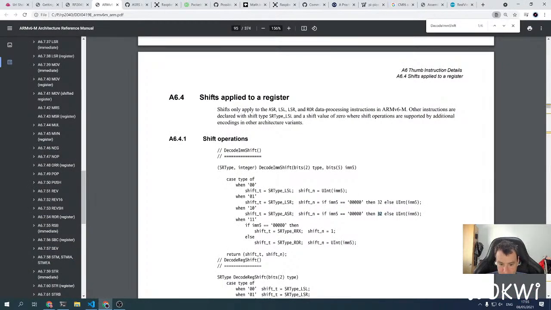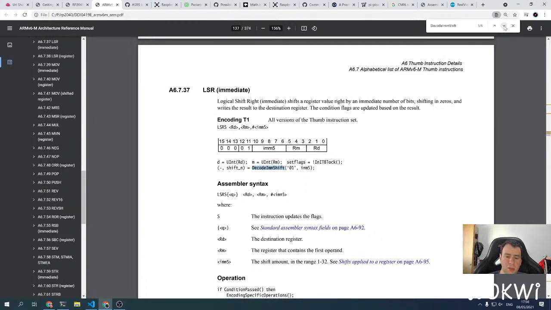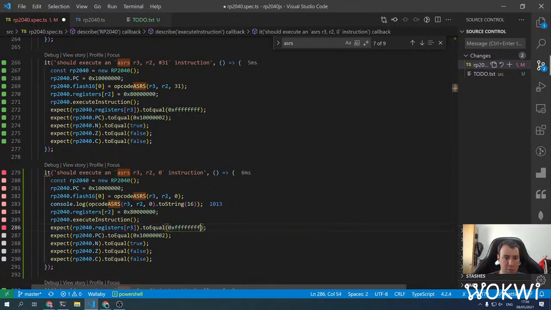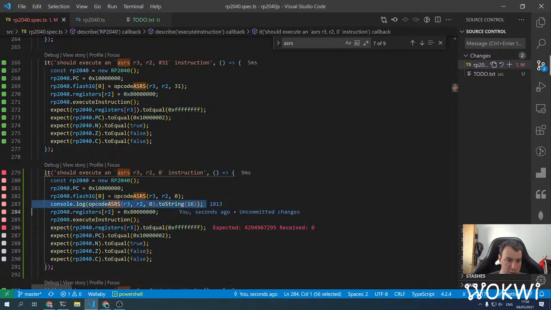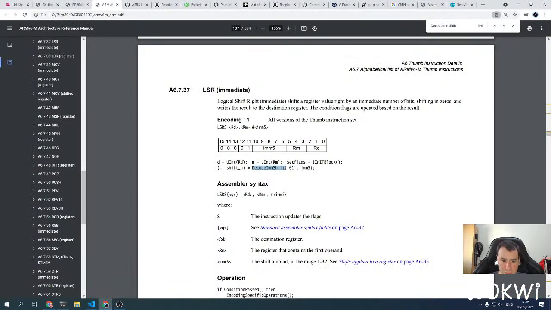So if this is 32, the shift amount is 32, but what does shifting by... oh, wait a second, it's shifting 32, but it's an arithmetic shift, so it basically copies this bit all over the place. So yeah, that makes sense to me now. So basically, if we're shifting this by 0, then the result should be this, and then not sure how this translates to